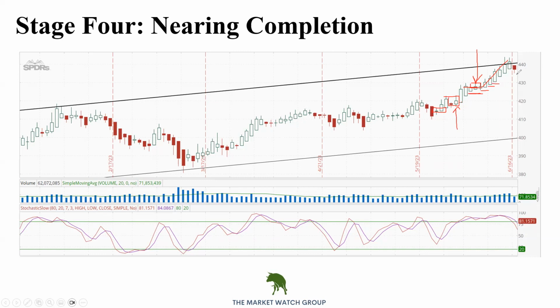I said 435. So when it gets to 435, could I take another third off and say, let's get a little bit more? Because at this point, it's done what we asked, but there could still be a little bit more, and we could end up tightening our stop and letting the stop pick us off right up here. You'll notice that the stochastic rolls over, the candle turns red. We get stopped out around 437-ish, we'll call it.